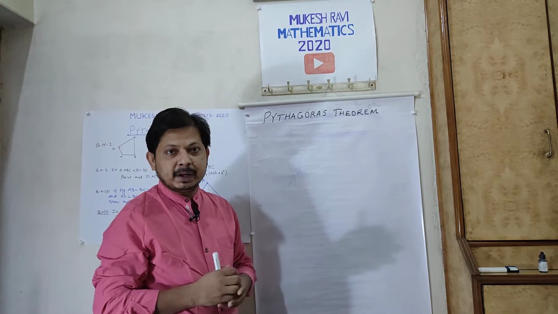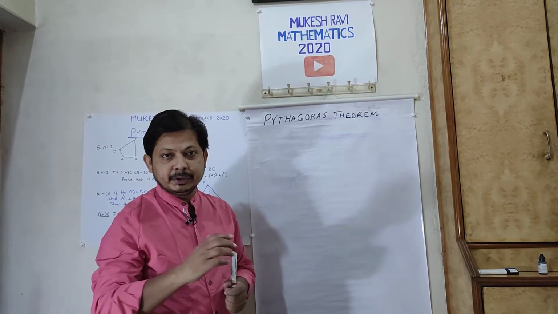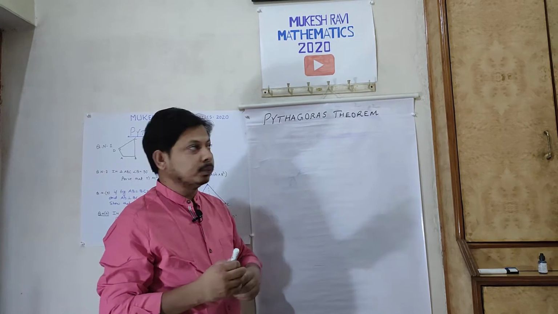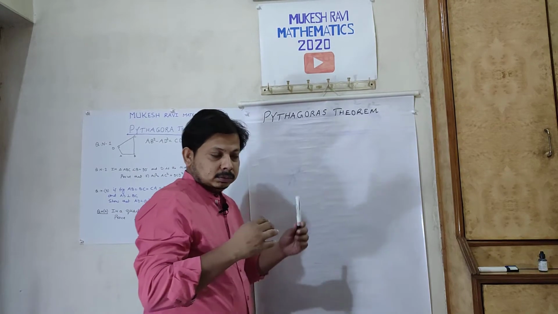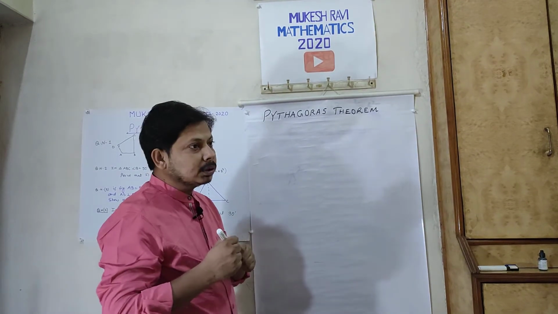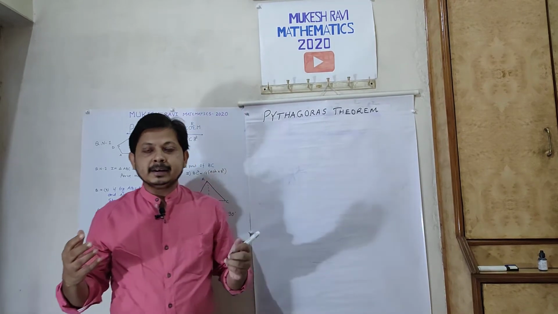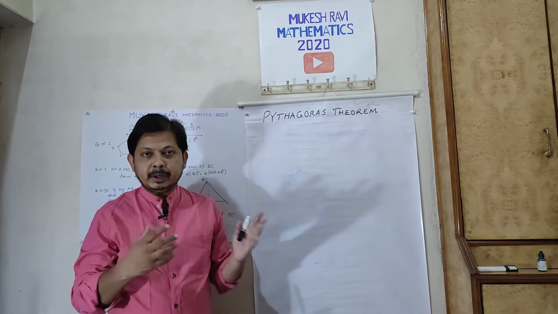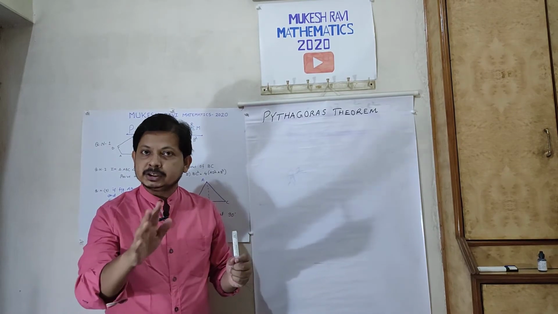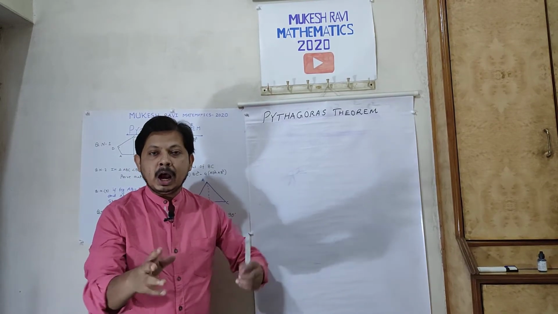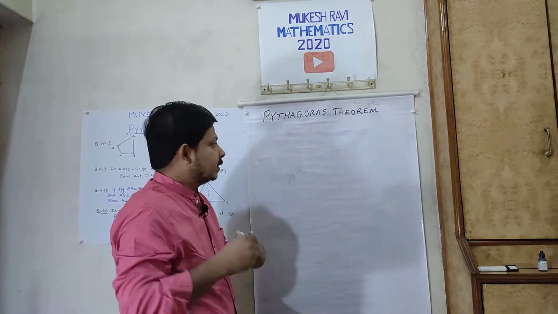Today my topic is Pythagoras theorem for class 9 CBSE and ICSE. So I am not going to waste my time. I just wanted to prove Pythagoras theorem first of all. So my dear friends, Pythagoras is a theorem about a right angle triangle, where perpendicular square plus base square is equal to hypotenuse square. But how to prove? So I just wish to give you a very easy method.